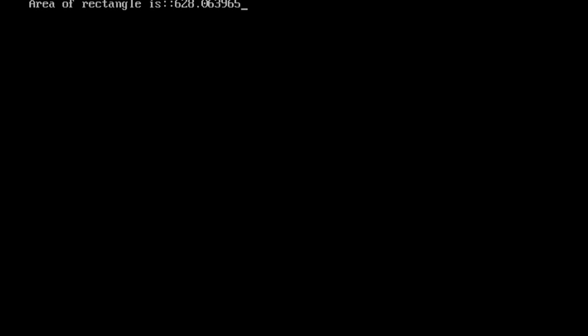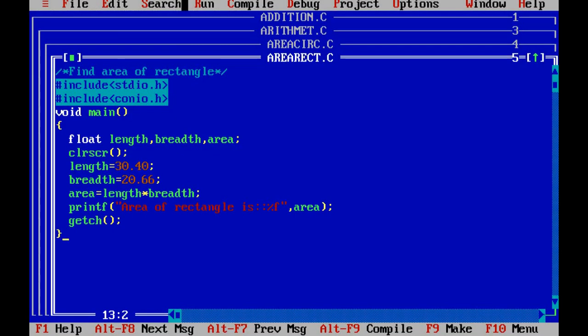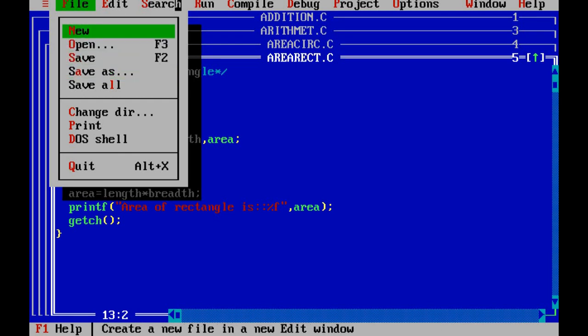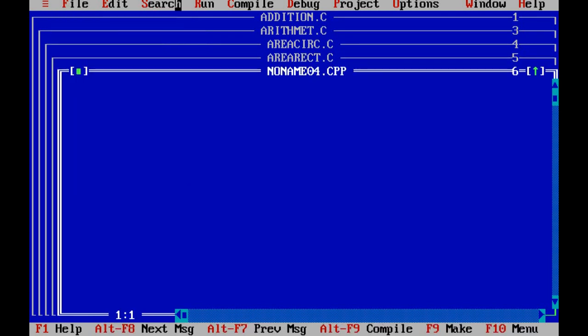So just press enter. Now for the next program, we can find the greater of two numbers by using the conditional operator. Go to Alt F, type new. For two numbers we need to find the greatest.